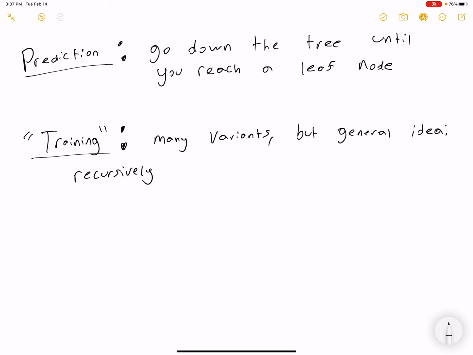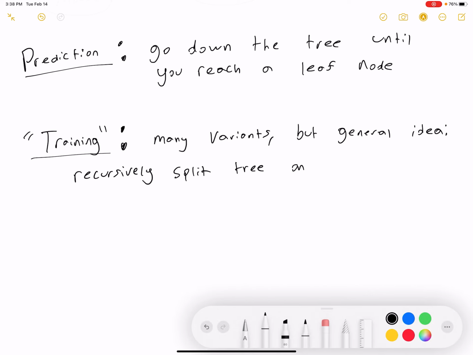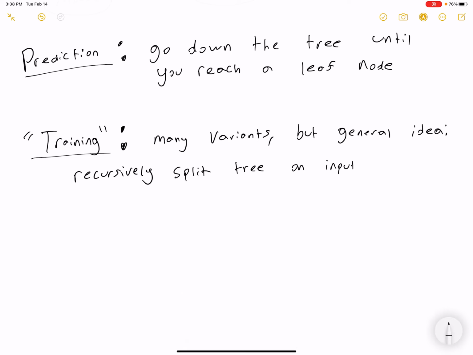But basically, it's where you solve sub-problems in the same way as the main problem. So you break it down. So in this case, we recursively split the tree on variables. Well, let me be more specific than variables. On features, on input features. They're always input features in the context of machine learning. On input features with the largest,